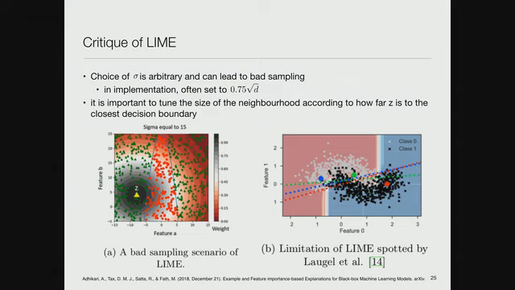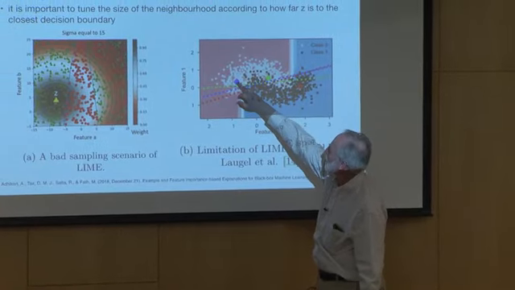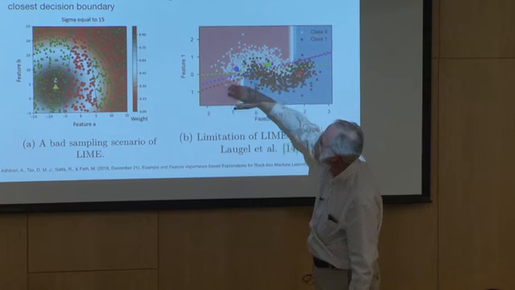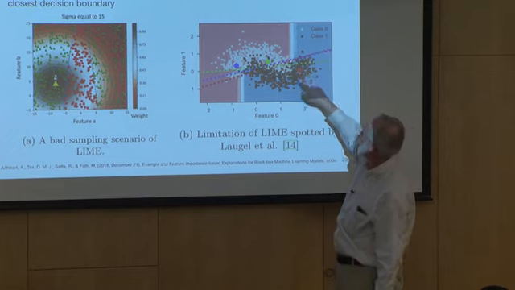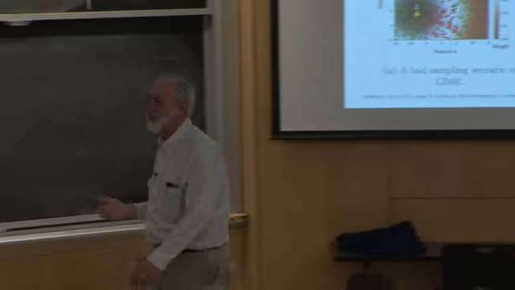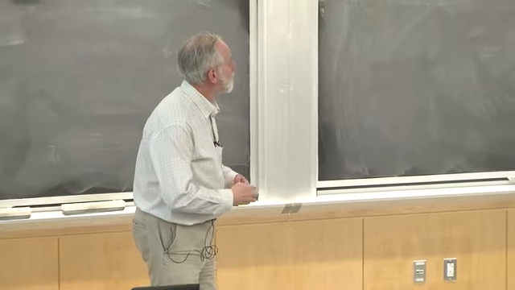And so they show some nice examples of places where, for instance, if you compare this, explaining this green point, you get a nice green line that follows the local boundary. But explaining the blue point, which is close to a corner of the actual decision boundary, you get a line that's not very different from the green one. And similarly for the red point. And so they say, well, we really need to work on that distance function. And so they come up with a method